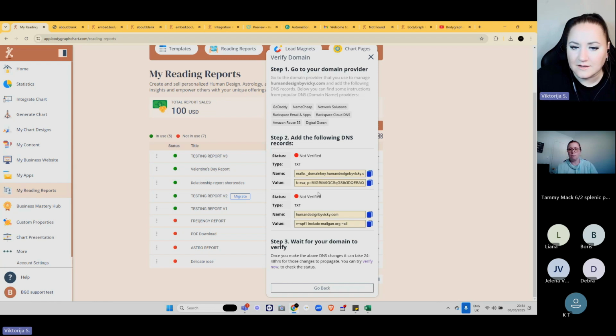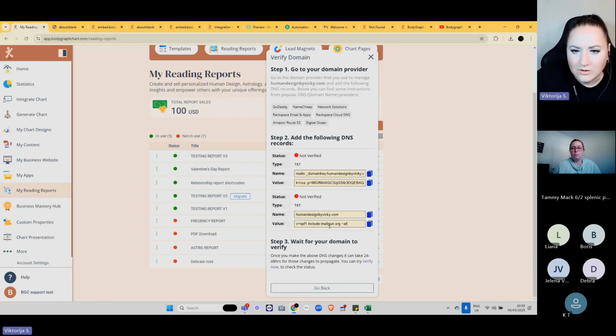Now the second domain, again, it can be that it requires the symbol at in the name, but very often this does not verify when you have another v=spf1 record in your DNS records. If you have more than one record like this, that means it has to be merged. How to merge? That means you would keep only one record of the v=spf1 and then copy